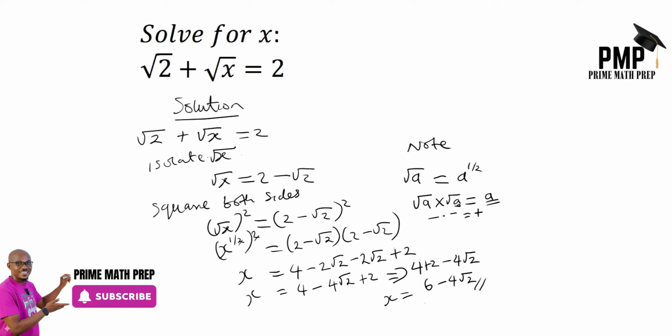You can still express it further, factorize using 2. This can be written as 2, bracket 3 minus 2 root 2. Alright,